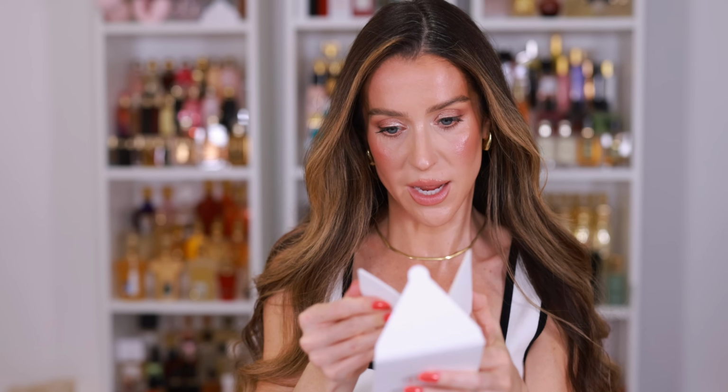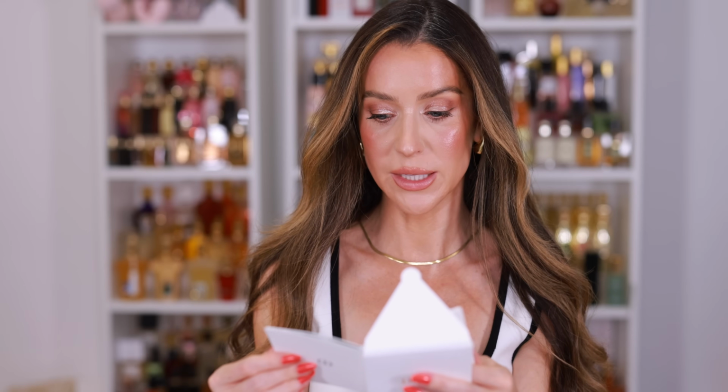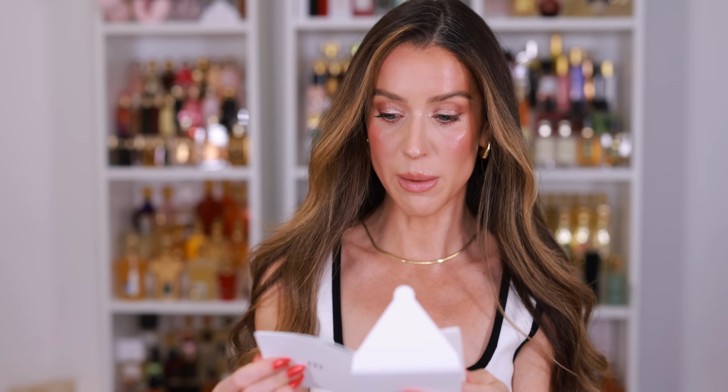Certificate of authenticity, and then a little booklet that will tell you all about the piece, which I just read about online, but I am kind of curious. Since we know the booklets are individualized, does it say anything that we don't know? Basically the same story. It talks about the Rouge Premier lipstick ritual, the collaboration, the ceramic, the iconic toile de